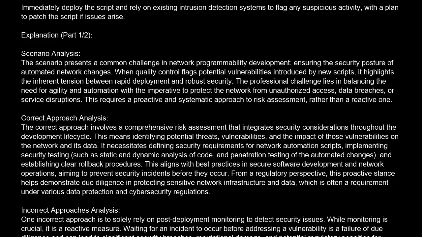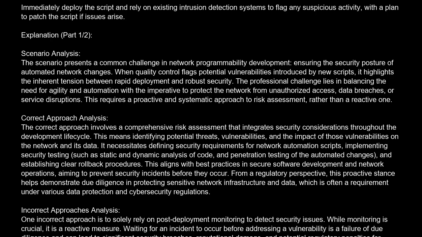Correct answer is A. Immediately deploy the script and rely on existing intrusion detection systems to flag any suspicious activity, with a plan to patch the script if issues arise. Explanation. Scenario analysis. The scenario presents a common challenge in network programmability development, ensuring the security posture of automated network